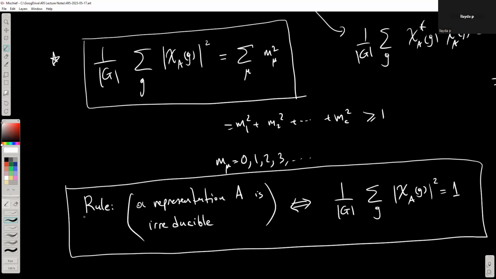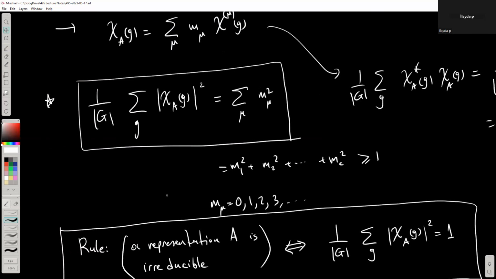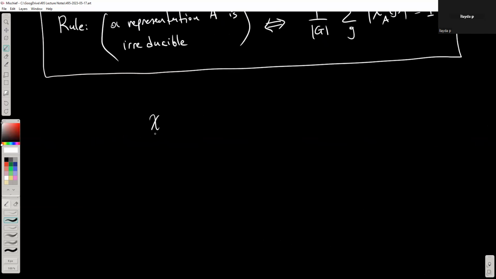So that's the first thing. I mean, this is another rule, right? And there is a third rule in here. I can find this mu by doing some kind of a dot product. Think of it like that. So that chi a, considered as a vector, is just a linear combination of all of these vectors, chi mu. And if I take the dot product, but I have to take the complex conjugate in here. There's a slight complication in here. But if I take the dot product in here, then,